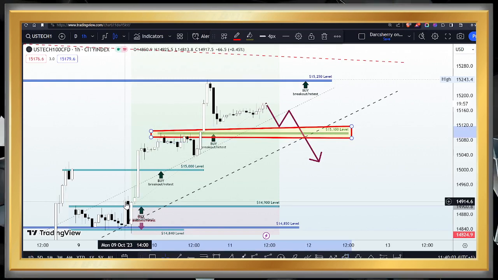So the breakdown of this ascending trend line will be a sign that this trend line may no longer have the capacity to continue to negate the bearish attempt, and if this happens, we get ready to sell.